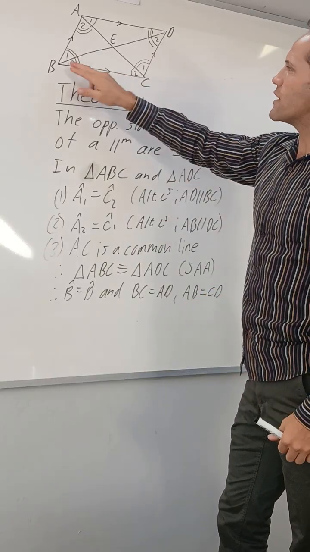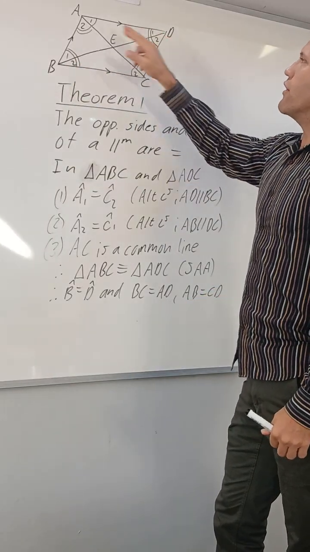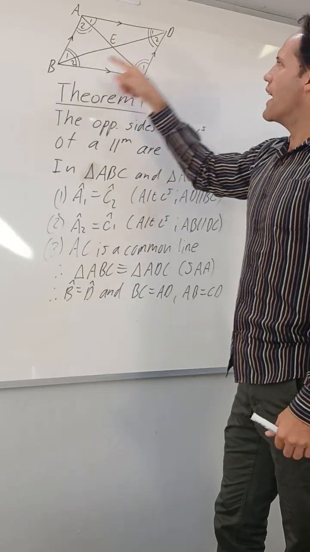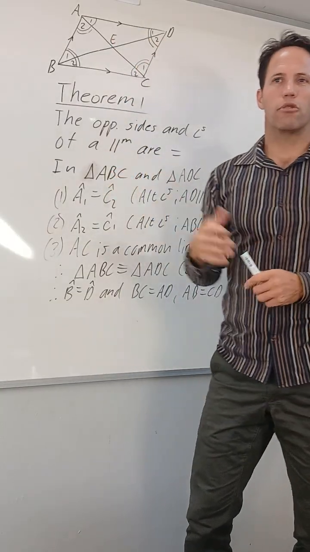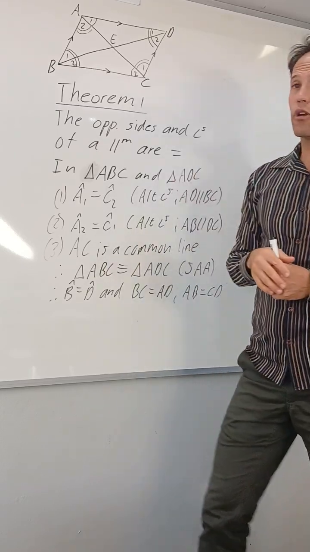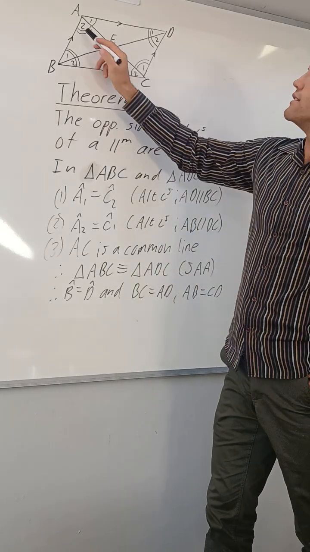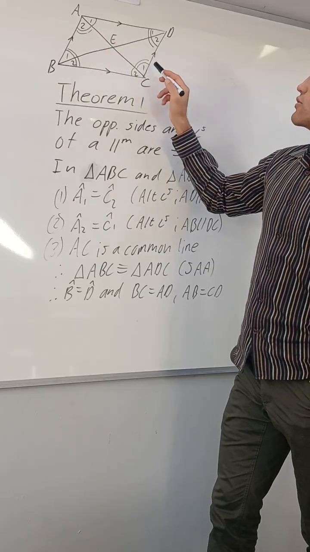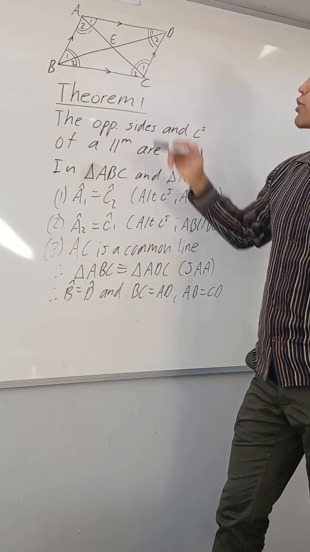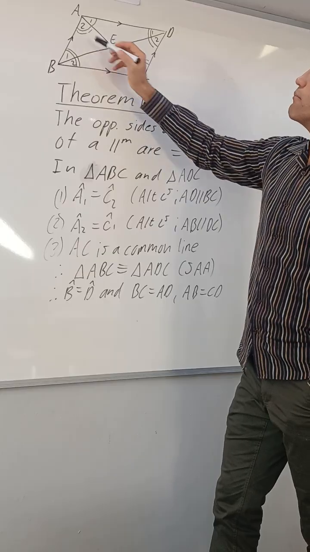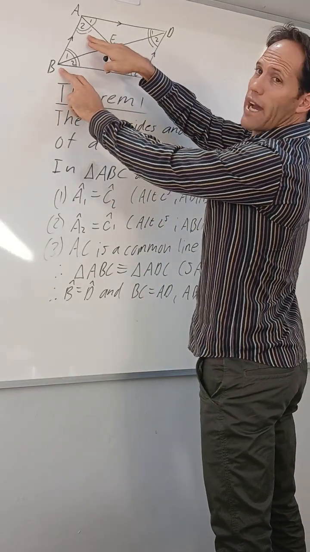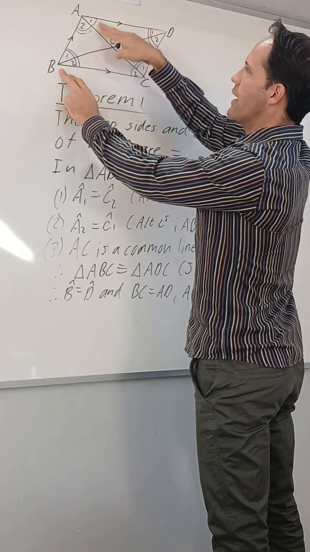We have to prove that this angle is equal to this angle, that angle is equal to that angle, this side is equal to this side, and that side is equal to that side. That's what we had to prove. We did three of the four already. Okay? The only thing we now still need to prove is that this angle here, A, is equal to this angle here, C. We didn't prove that yet. Okay? Because you can't use angle A because this triangle only takes up A2, not the whole angle A.